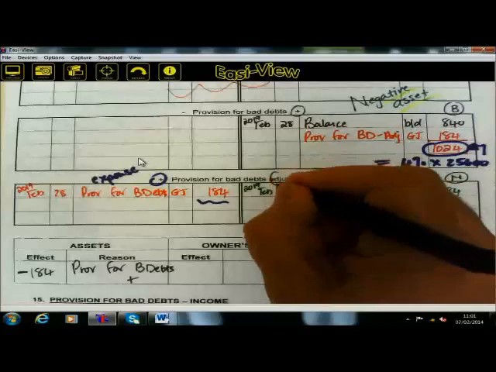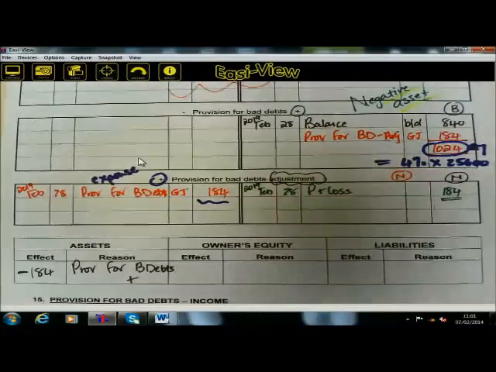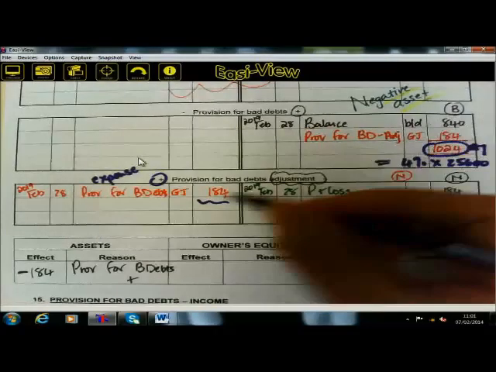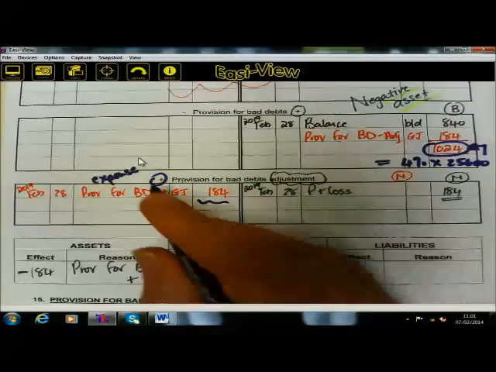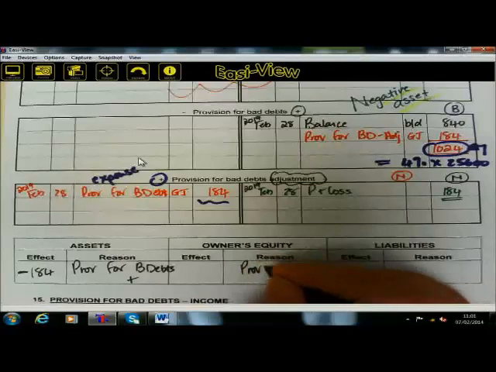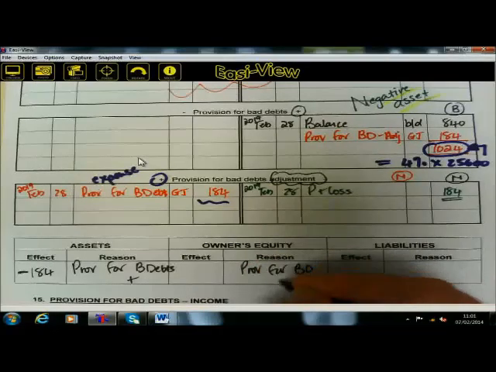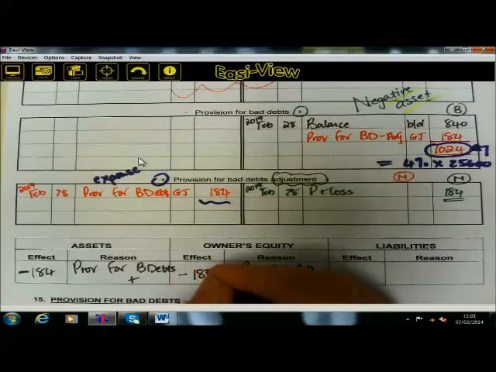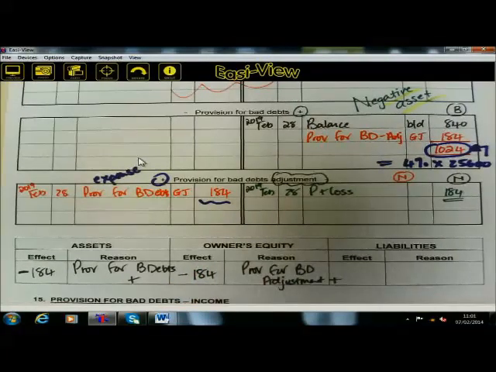The one with the word adjustment is the nominal account. So your negative asset becomes more. That makes your assets less. Your expenses, provision for bad debts adjustment,